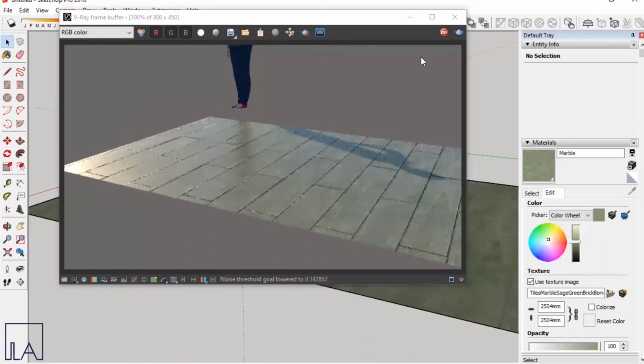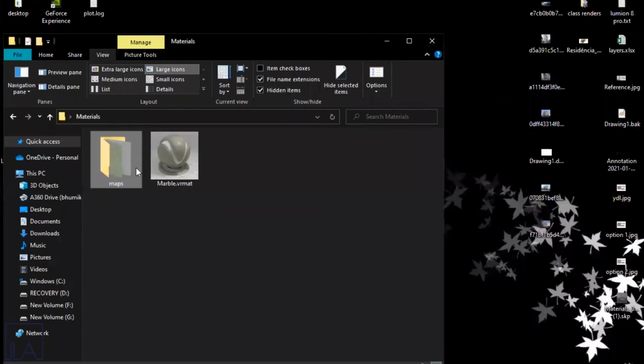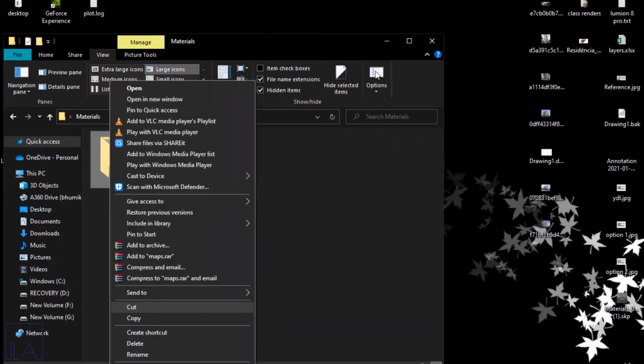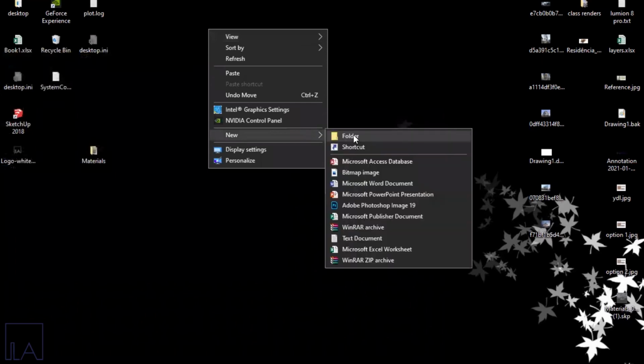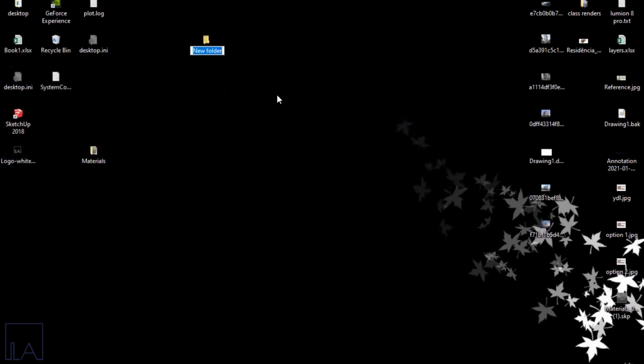So now we'll just stop the render and we'll see the importance of the maps folder being placed along with our materials. Suppose I just select this maps folder over here, cut this and then paste it in a different location. So I just create a temporary folder over here as marble maps.